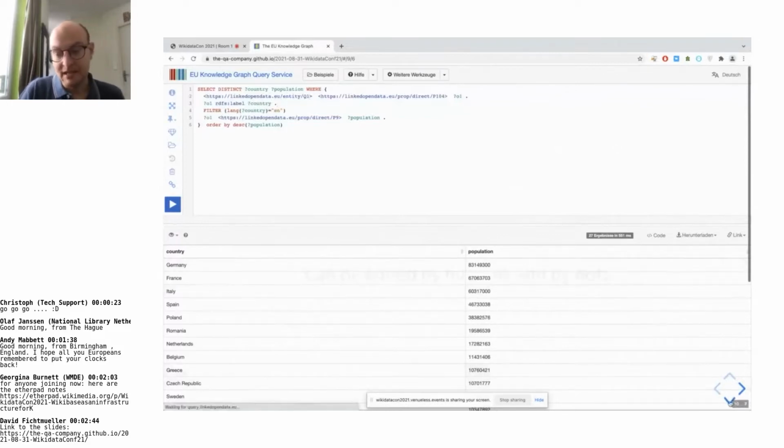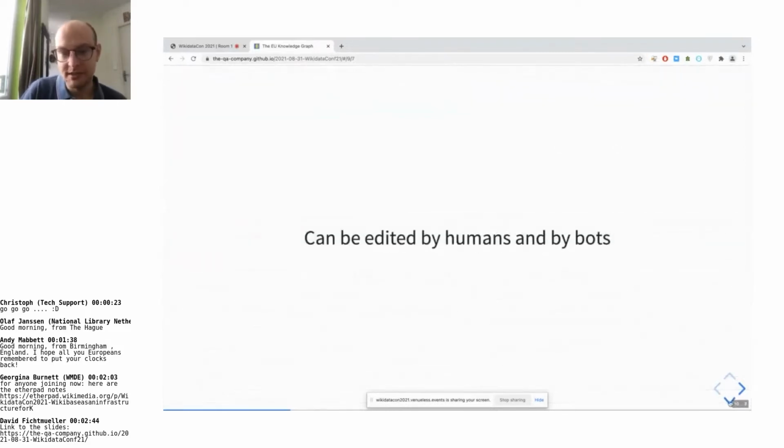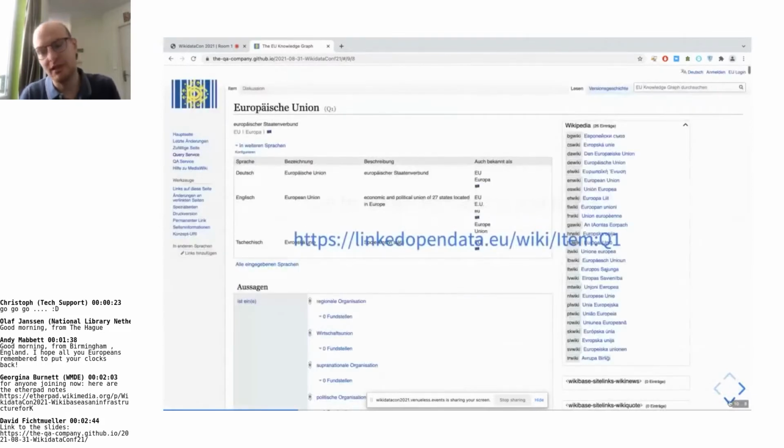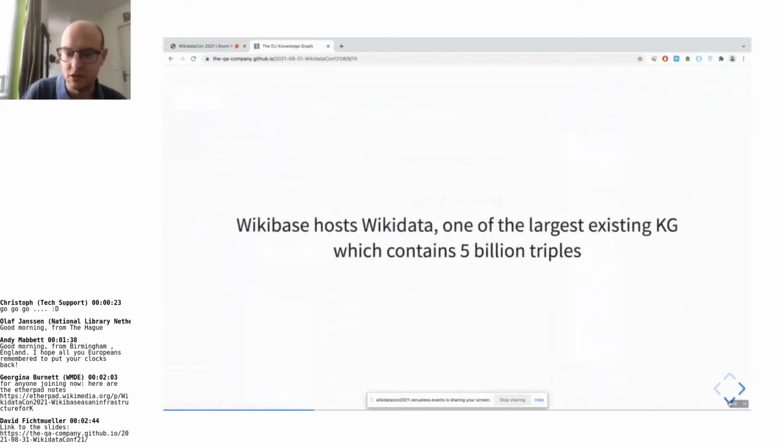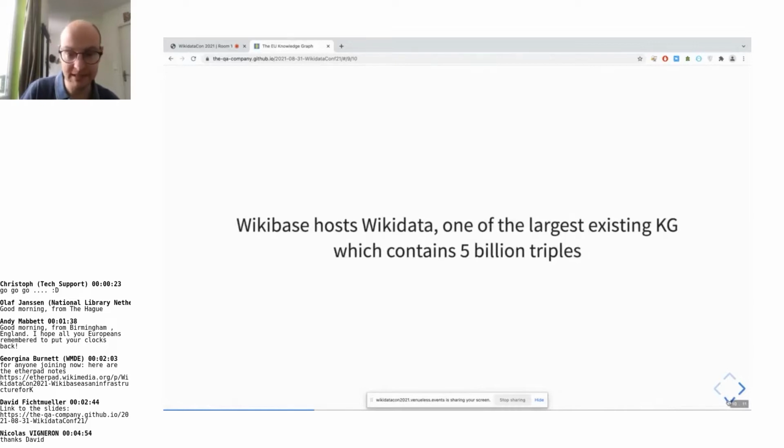It can be edited both by humans and by bots. So basically, there are non-expert users that can access this knowledge and edit it, but also we can access it programmatically. It scales well. Wikidata is one of the biggest knowledge graphs that we know about. And so if we would like to have large knowledge graphs, we can do this with Wikibase. It is multilingual,